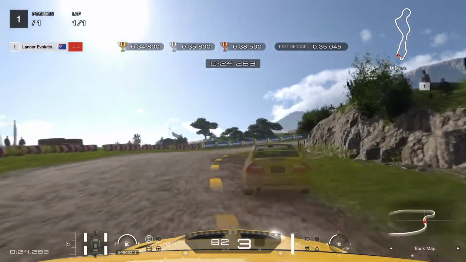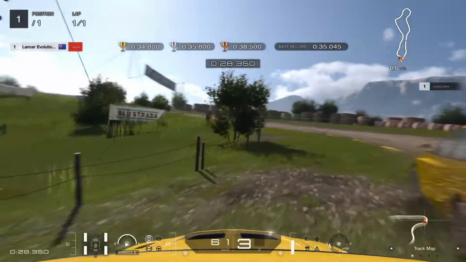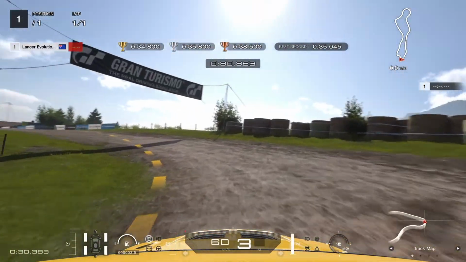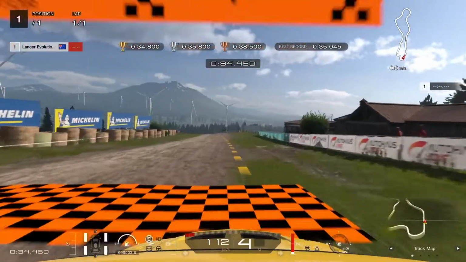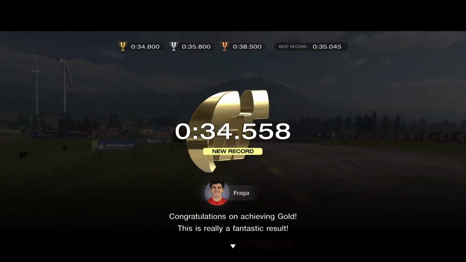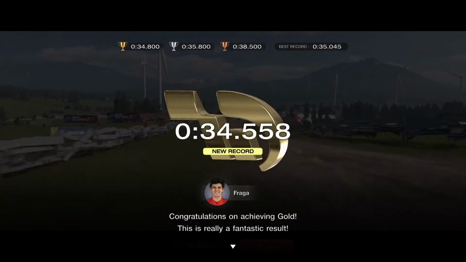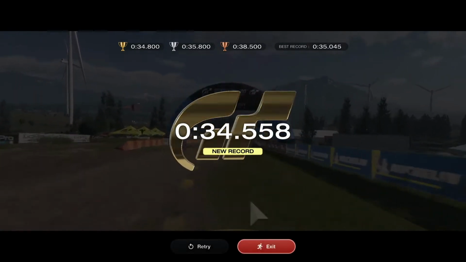Not getting through there that well, but because we have the better tyres, we're still doing a lot better than we ever were before. And as we bring it around the final left-hander, we are going to do it with ease. It's a 34.558, and with a fairly lackluster run, we absolutely smashed the times we were doing a few